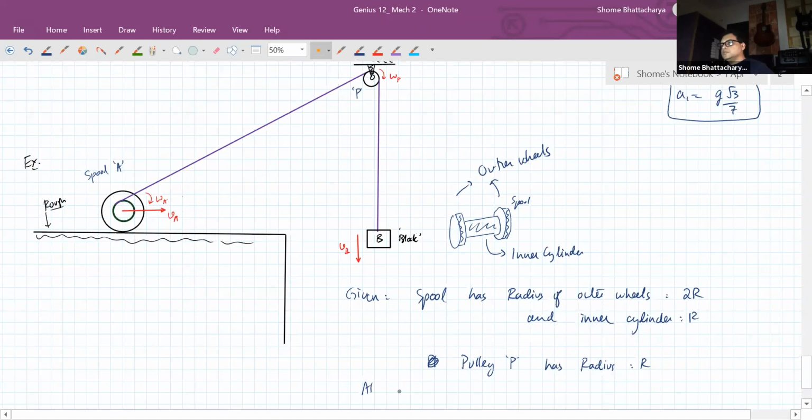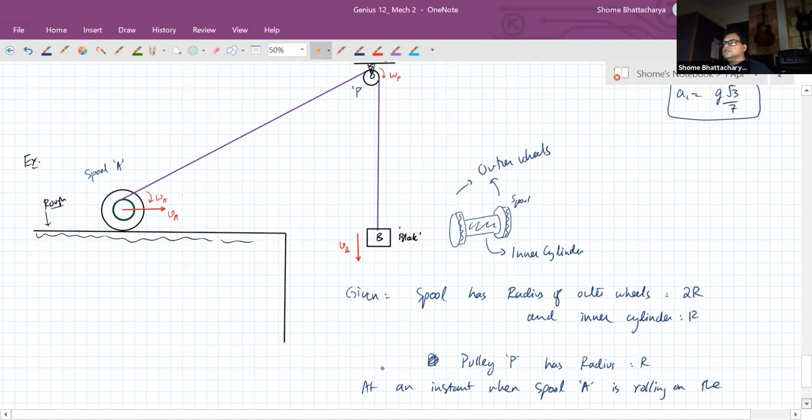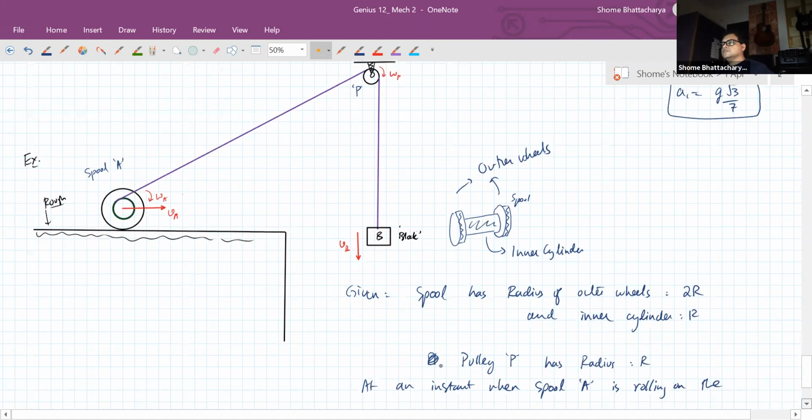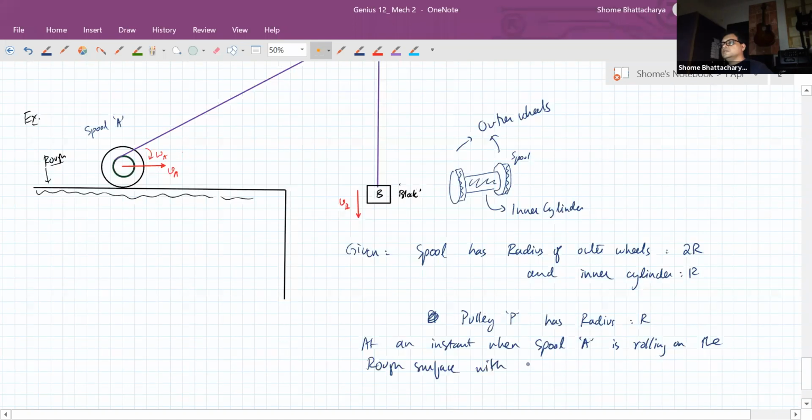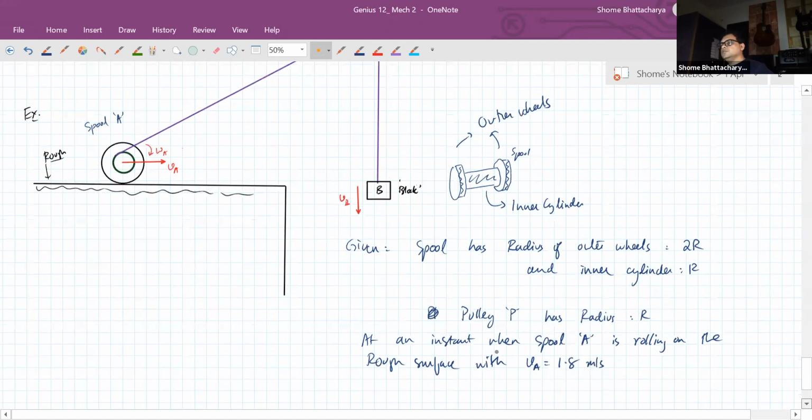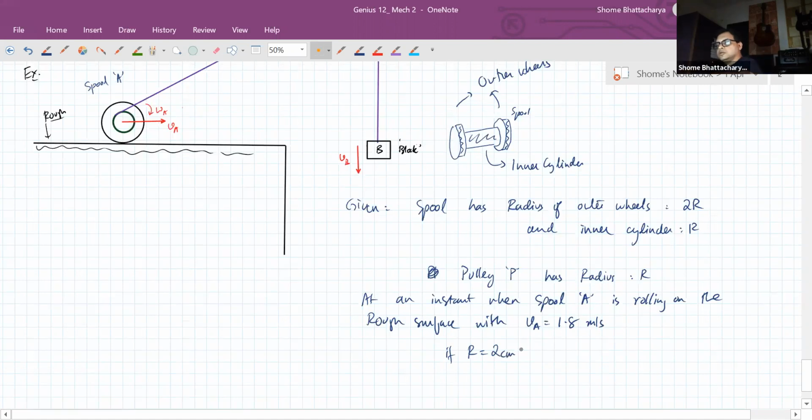So at an instant when the spool A is rolling on the rough surface with speed equal to 1.8 meters per second, if R is equal to 5 centimeters, find